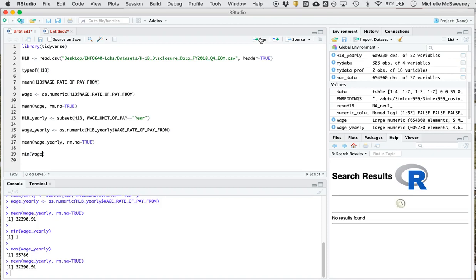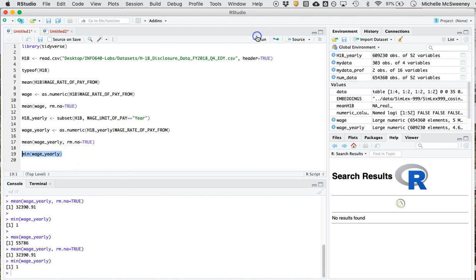So if we go to the min of wage yearly and run that, we see that there's definitely a problem. $1 per year is not a salary for anyone. So there's probably some kind of issue going on. Without getting too deep into data munging and cleaning and all of this, we're just going to leave it here